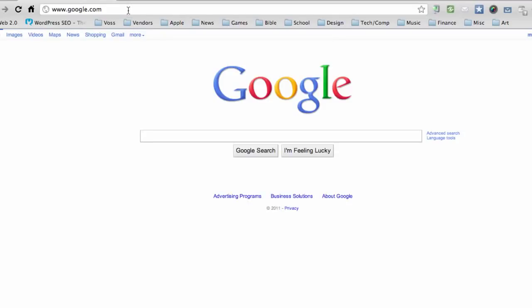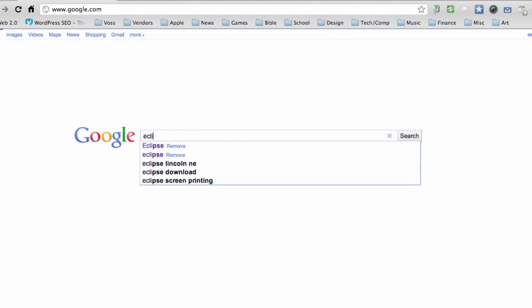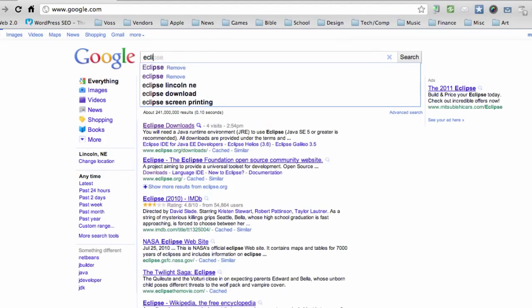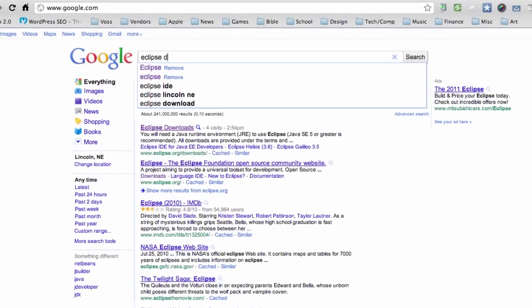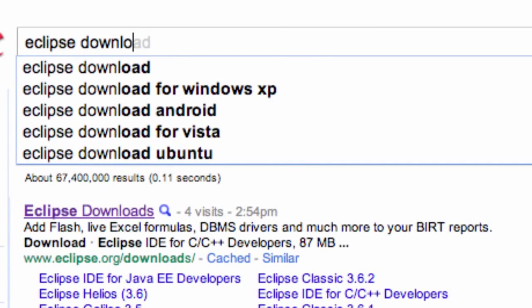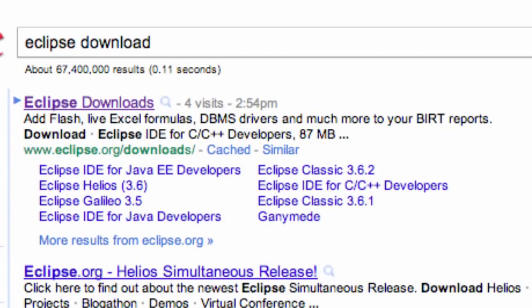What's up, guys? Welcome to your second Android tutorial, and what we're going to do in this tutorial is again some boring stuff like installing software. The software we're going to install is Eclipse. So go into Google, type in Eclipse or download Eclipse. I'm going to say Eclipse download, and it should be the first link